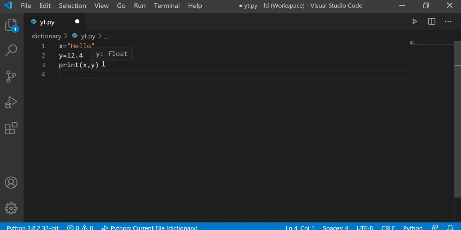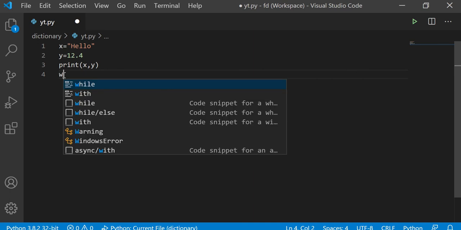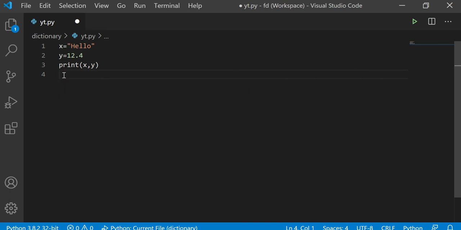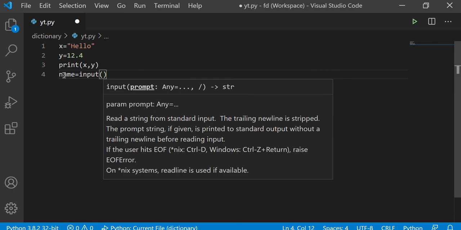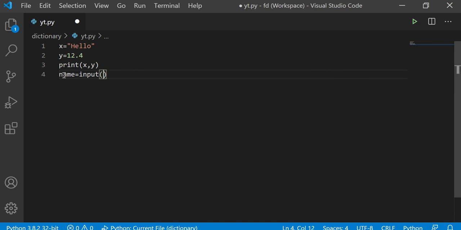And if we want someone else, like a user, who is using this coding program, to assign the values to these variables, we can do this by using the input function. So assigning it to a variable called name equals input and then parentheses.